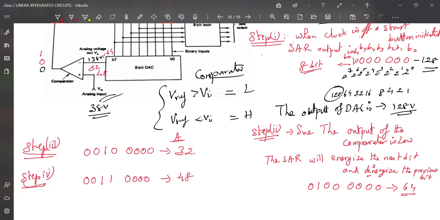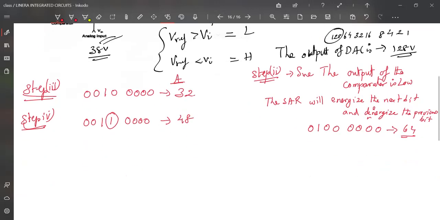Here 48 is greater than 38. So the output will become 0. So what happened? This bit will become 0. So in the next step,